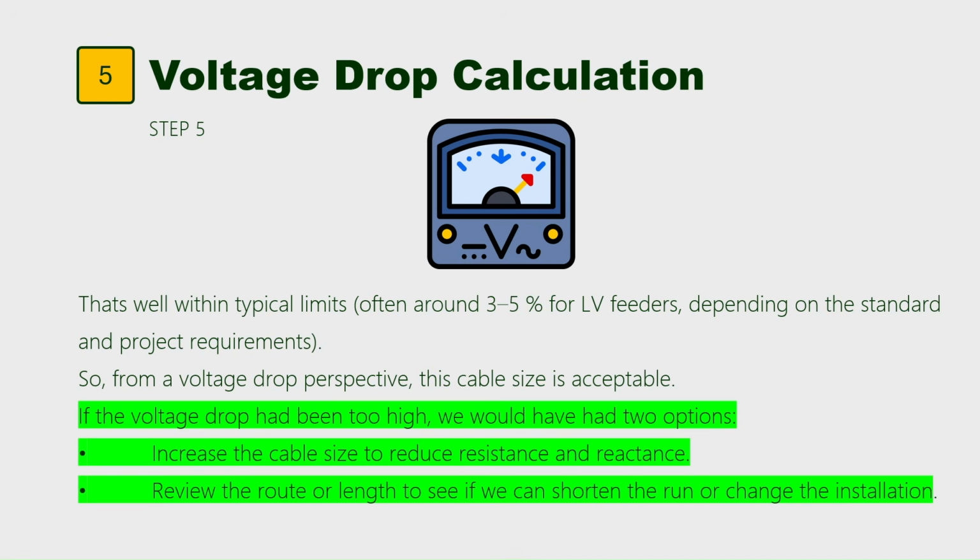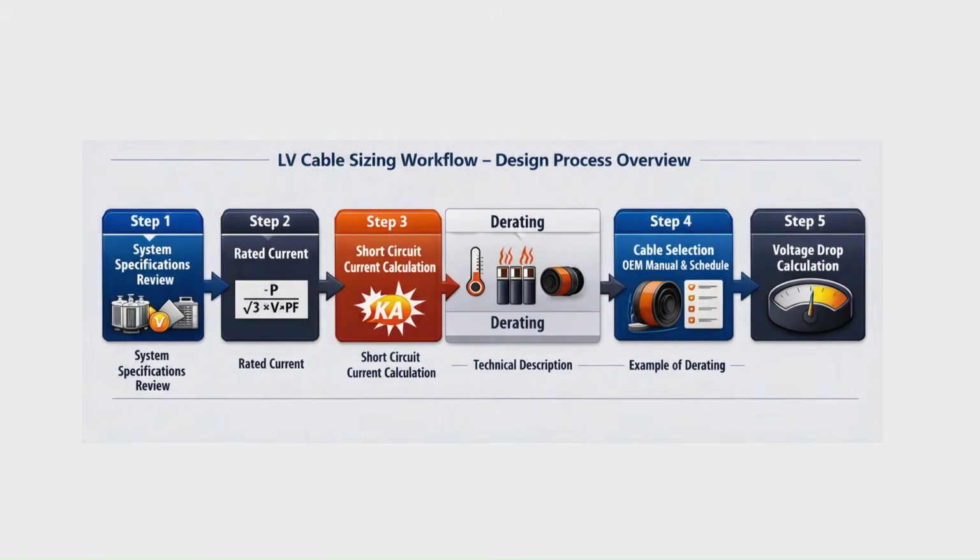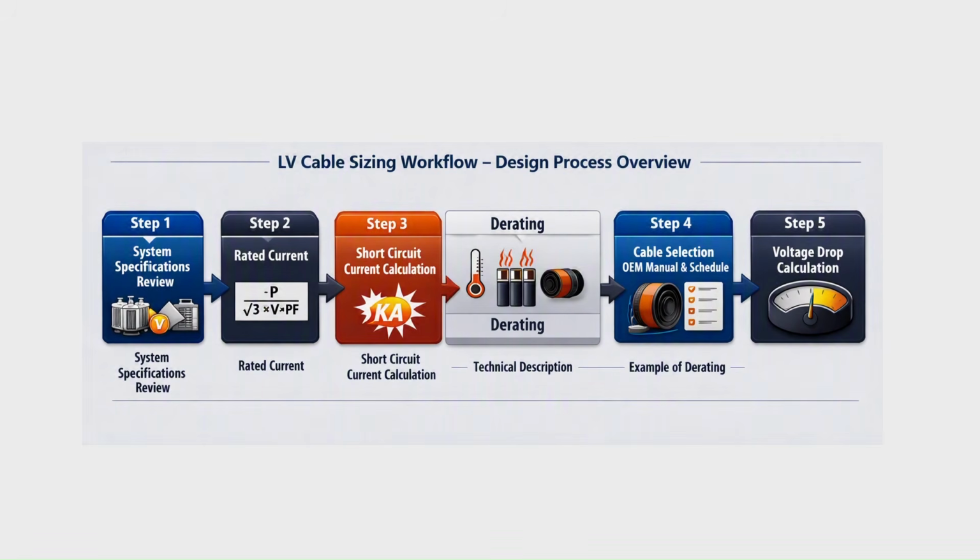Alright, that wraps up the LV cable sizing workflow. We started from the system specifications, calculated the rated current, checked the short circuit level, and finally selected the cable using the manufacturer's electrical table. As you saw, the 4x95 cable meets both the continuous current requirement and the short circuit capacity, so it's the correct and safe choice for this feeder. In the next video, we'll move on to the MV side and go through a full 20 kilovolt cable design